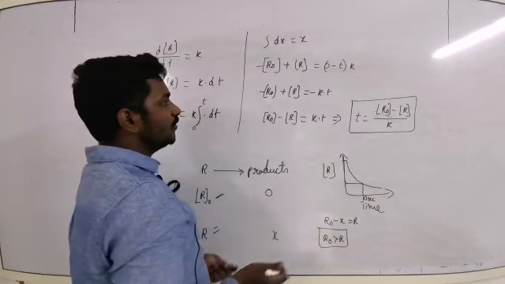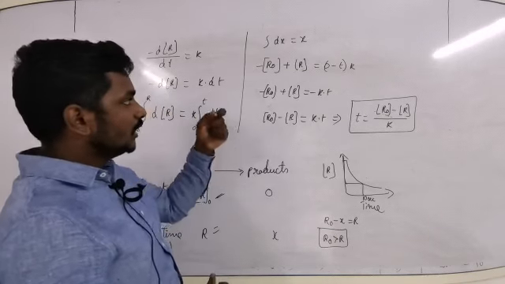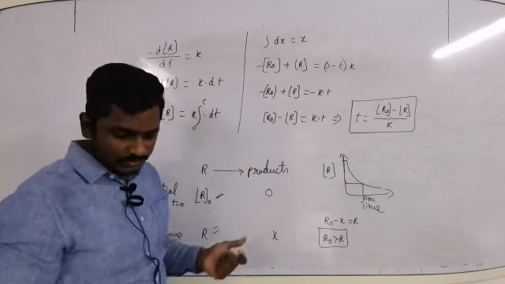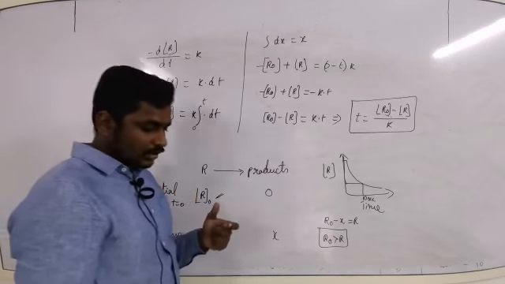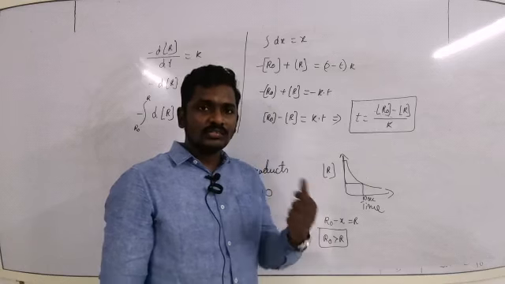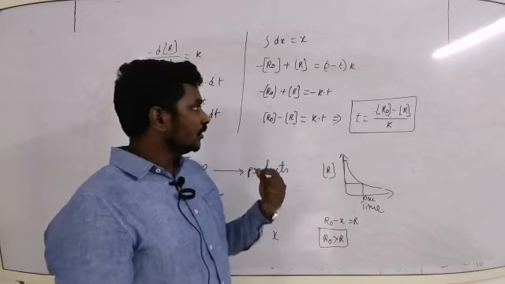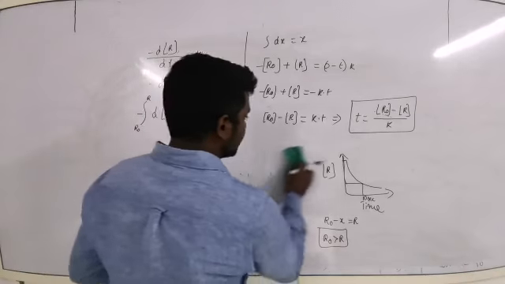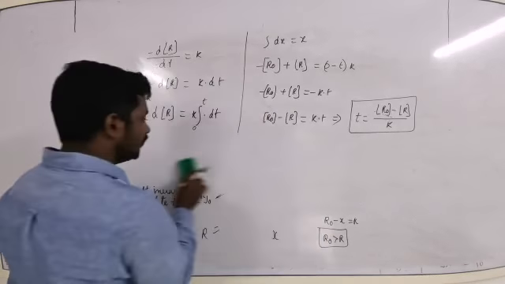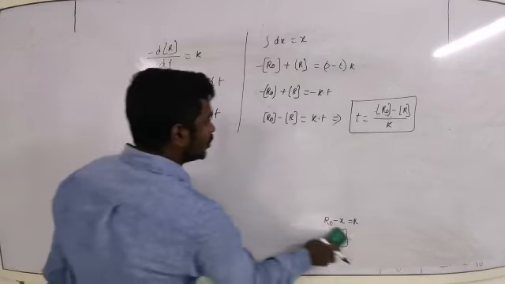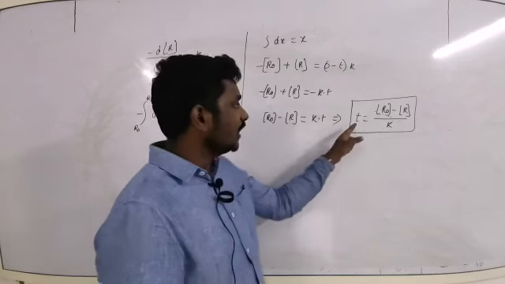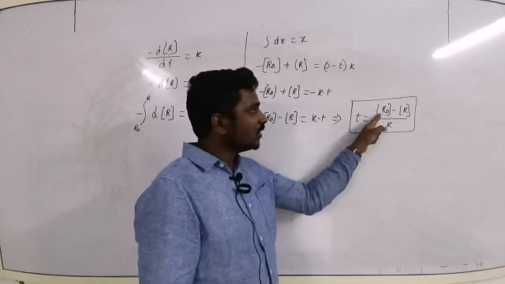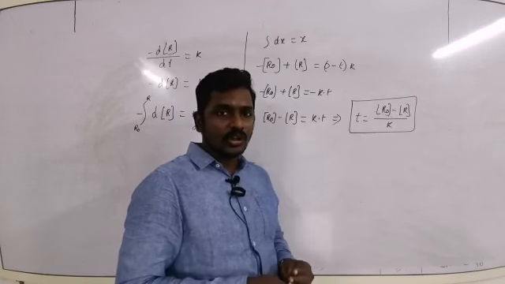Sir, okay, we got the formula for time. Then how to calculate the rate constant k value for a given chemical equation? That can be done by using a mathematical function. Most scientific data can be calculated by using a graphical representation. So what I am going to do is get a mathematical expression where we can calculate the rate constant, because if you want to calculate the time taken by a reaction, you should calculate the rate constant too. Initial concentration, that is the amount of reactant that you have provided.